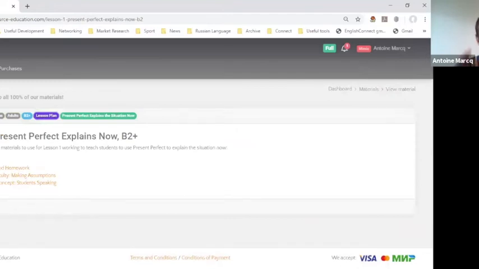So, I love teaching this. Why? Because honestly, present perfect is often something that confuses students. It's even confusing in textbooks. I have the impression in some way that the experts, the textbook industry, have given up trying to explain present perfect in a good way, because I don't see any good explanations out there.